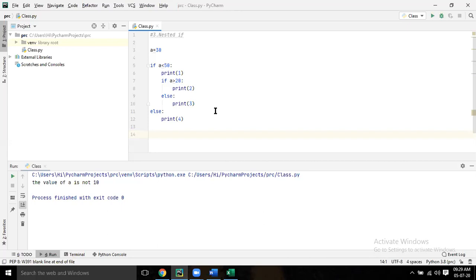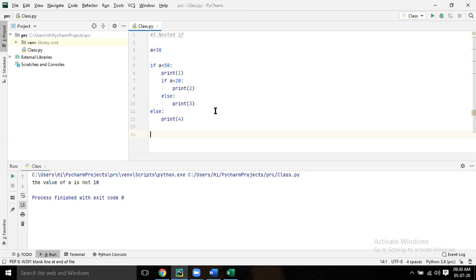Now let's come to this program, what it is doing. Now a equal to 30. Now if a is smaller than 50, it is checking. Is a smaller than 50, true or false? Yes, sir, it's true, sir. True. Then it will go inside. Inside what it will do? It will print 1.